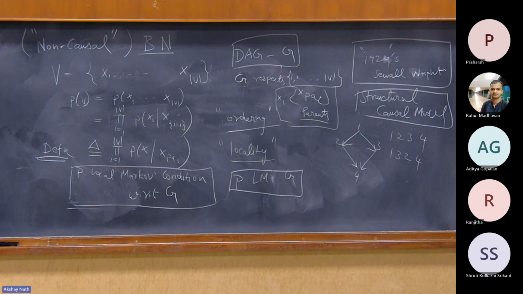Okay. Now, what about Reichenbach's principle? The parents of x_i are the set of all the causes, and x_i and the non-descendants don't have an edge between them. There isn't even any directed path between them, at least x_i doesn't have a directed path to the non-descendants. So the moment I condition on all the causes, they actually become independent, right? This is saying there's a set of common causes such that, conditioned on them, I've actually made two things independent. Okay, now here, I just want to say one more important point.